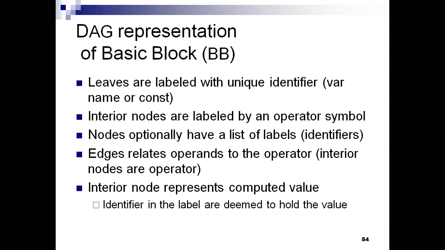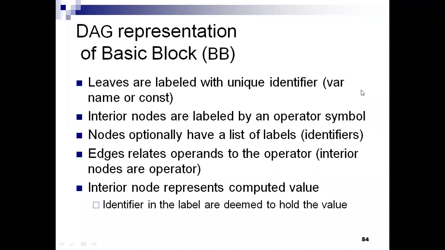First, we need to construct the DAG, and now we need to know what a DAG is. A DAG is a directed acyclic graph, used to apply transformations on the basic block. To apply the transformations, a DAG is constructed from three address statements, with the following types of labels or nodes. Initially I need to know the rules to be followed for constructing the DAG.